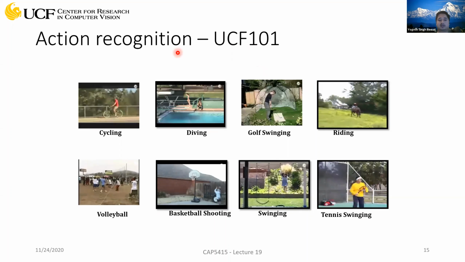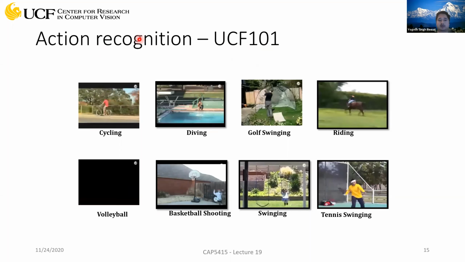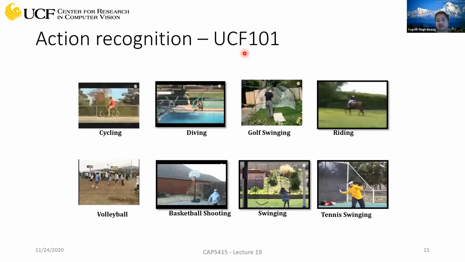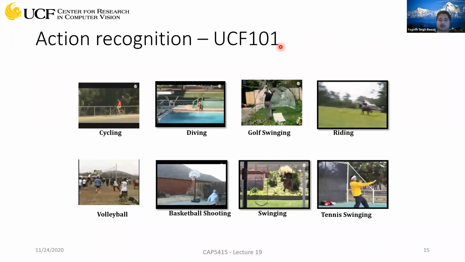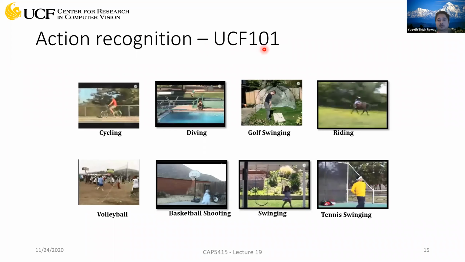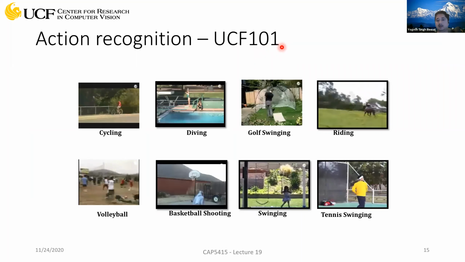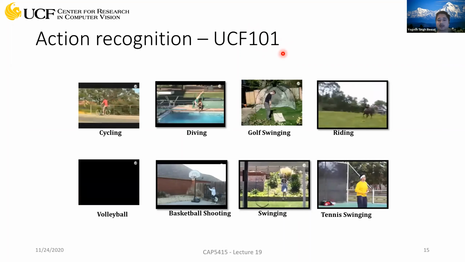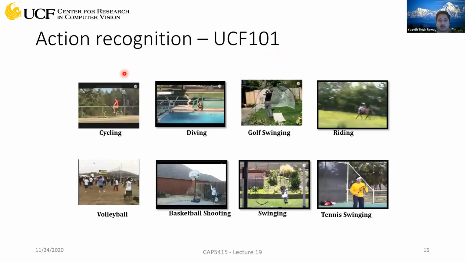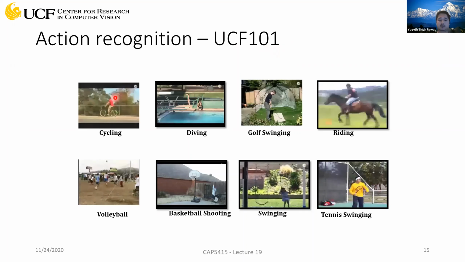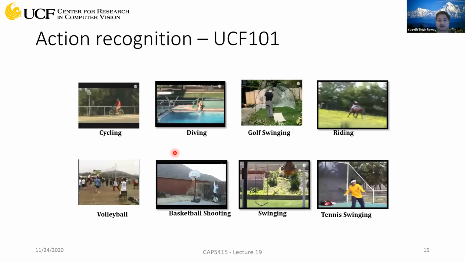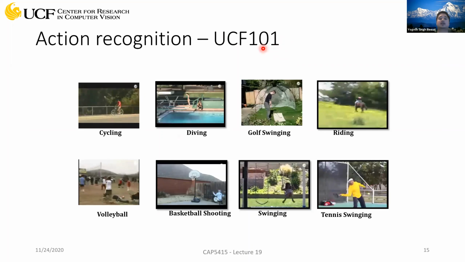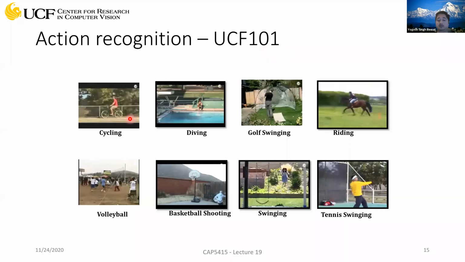So there are two different variations of UCF 101. The first is for action recognition, where you have around 13,000 video samples and 101 action classes. Another subset of this dataset is called UCF101-24. What that means is 24 classes among these 101 are also available for action detection. So we have provided annotations for all the actions so that they can be used for action detection. So there are two different variants, one for recognition where you have 101 classes, and the other where you have 24 classes, which can be used for action detection.